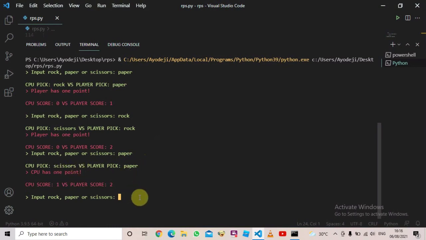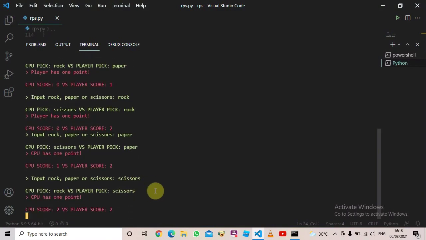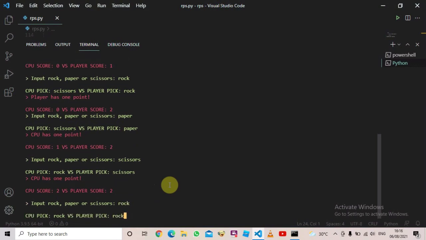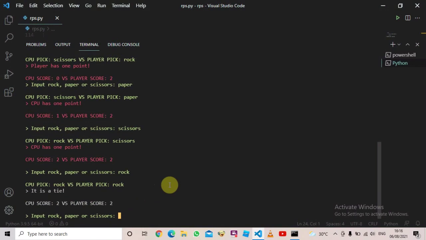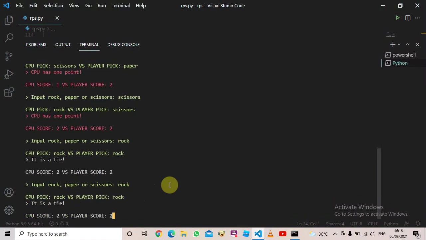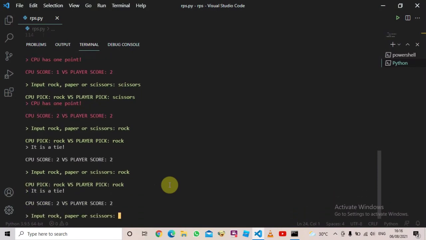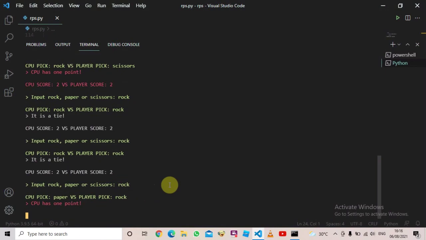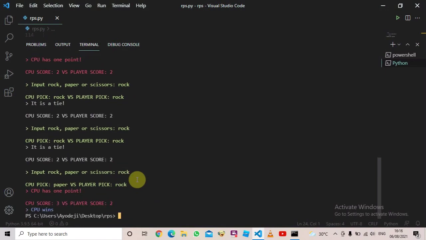So I'm just going to play with this, and if I say scissors and I press enter, it's going to say CPU has 1 point. Oh, this is the finishing round now. Let me say rock. I hope I win. If I say rock, oh, it's a tie. I'll say rock again. It's a tie again. Okay, I'll say rock again. No, I lost. And as you can see, CPU has 3 points and I had 2 points, so it's printed